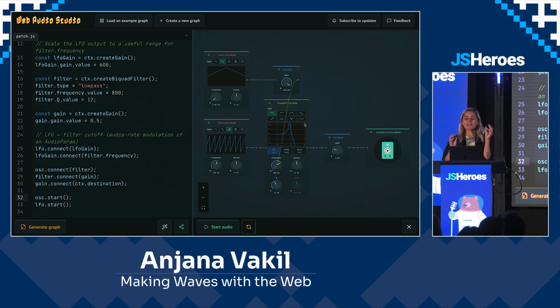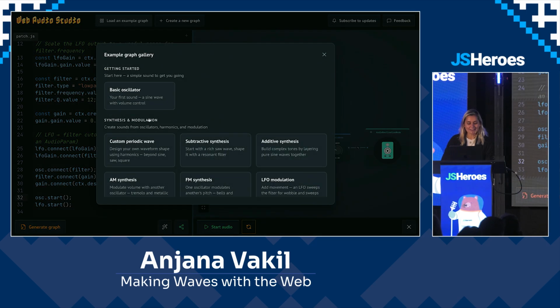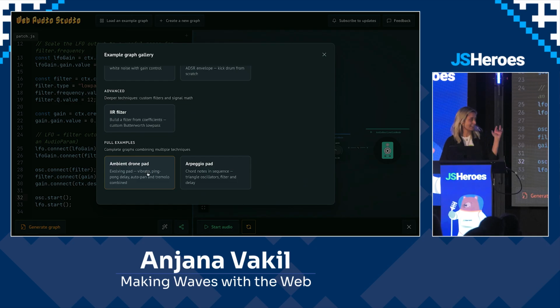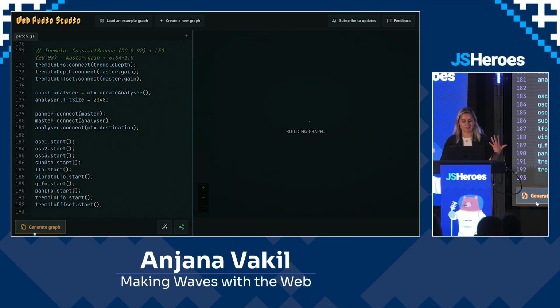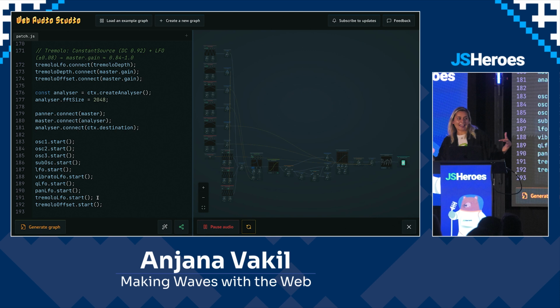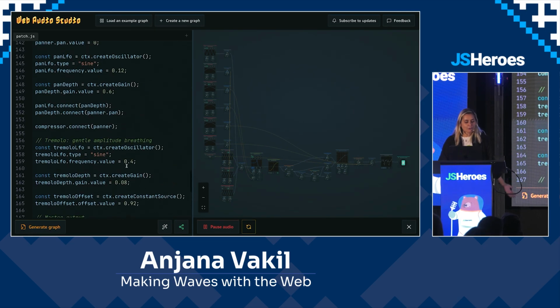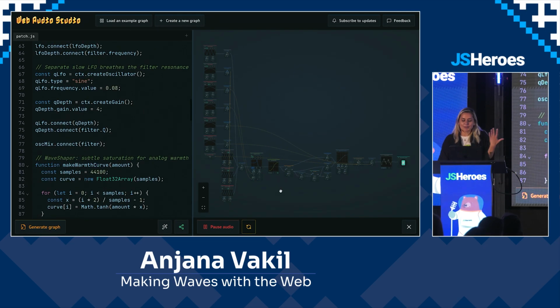And if we take these basic building blocks, and I am out of time, so we're not going to see a lot more, but essentially, if we put lots and lots of these together, there's a really cool example in here of an ambient drone pad. Again, I did not code this. Alex Chris coded this. But if we put a lot of this stuff together, we start to get interesting music, you know? And so this is essentially all made up of the same elements. We've got a bunch of different oscillators and filters and things like that, but the same basic building blocks. And this is essentially what's going on inside of an analog synthesizer instrument like the Weather Warlock that we heard earlier.